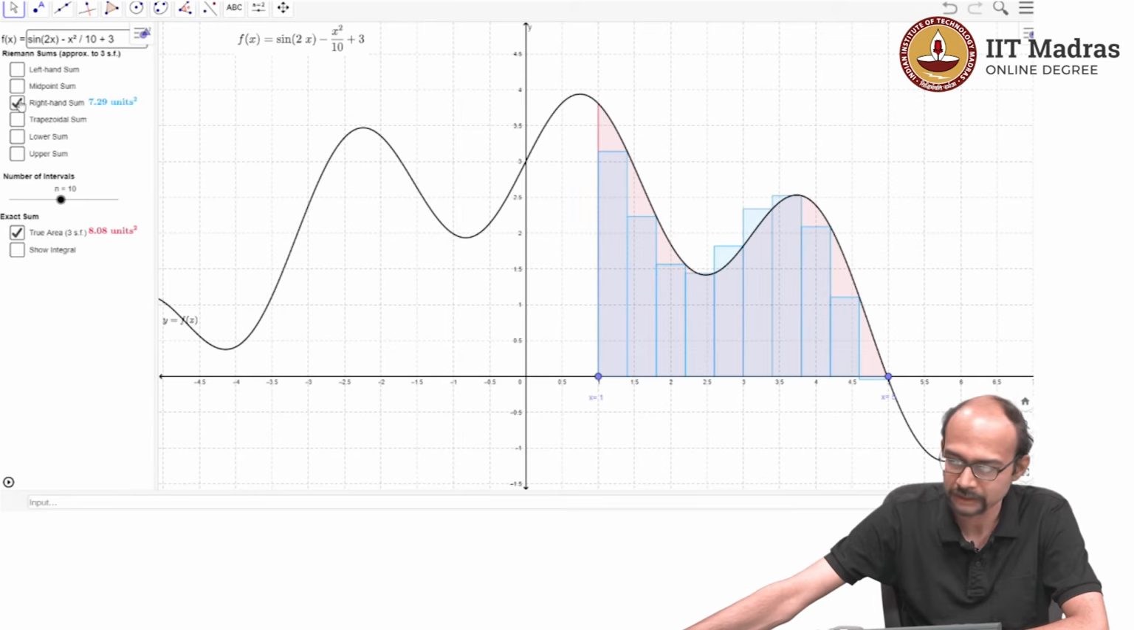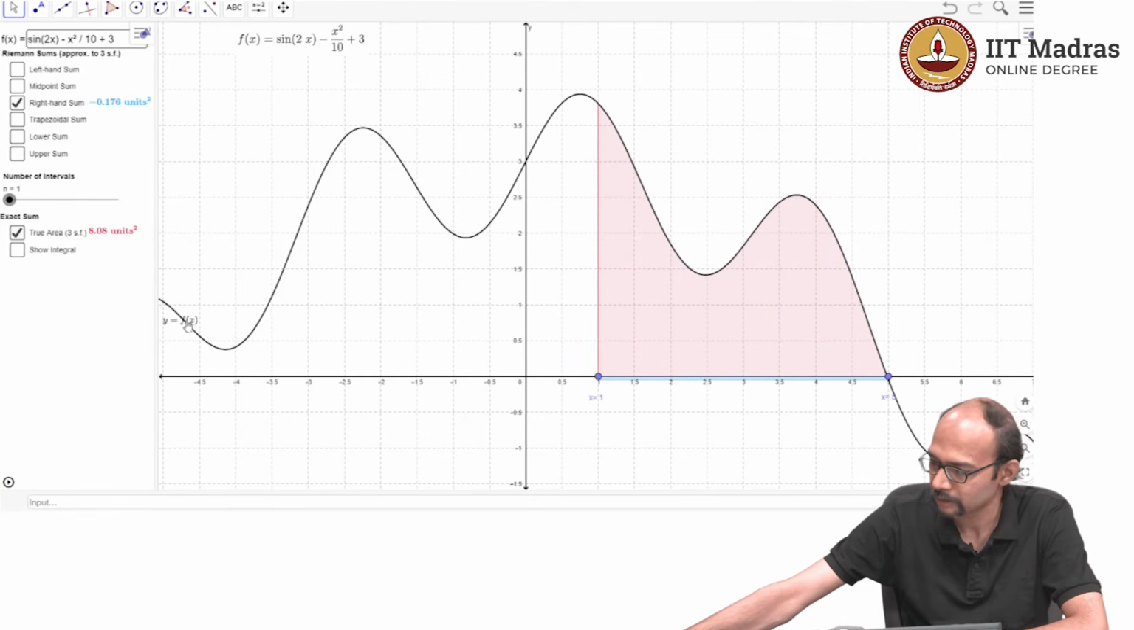Instead you could choose xi star equals xi plus 1. In that case, you get a different set of intervals, you get a different set of rectangles, and this is how those rectangles look. And now if we play this, let's see what happens. So let's start with just one rectangle. You can see if you have one rectangle, this area is actually negative, so it's minus 0.176 square units,